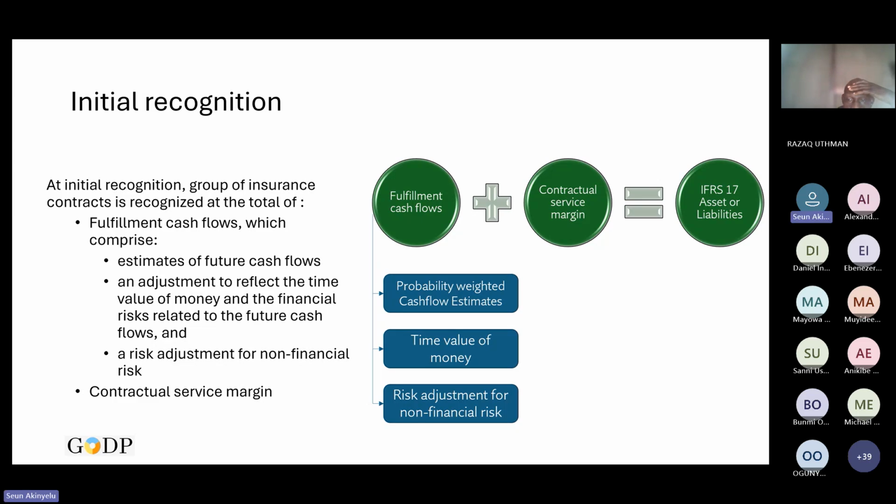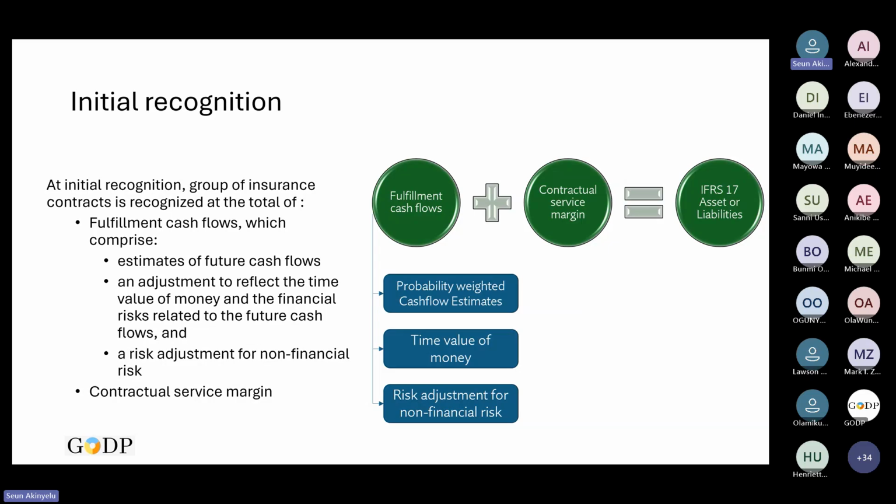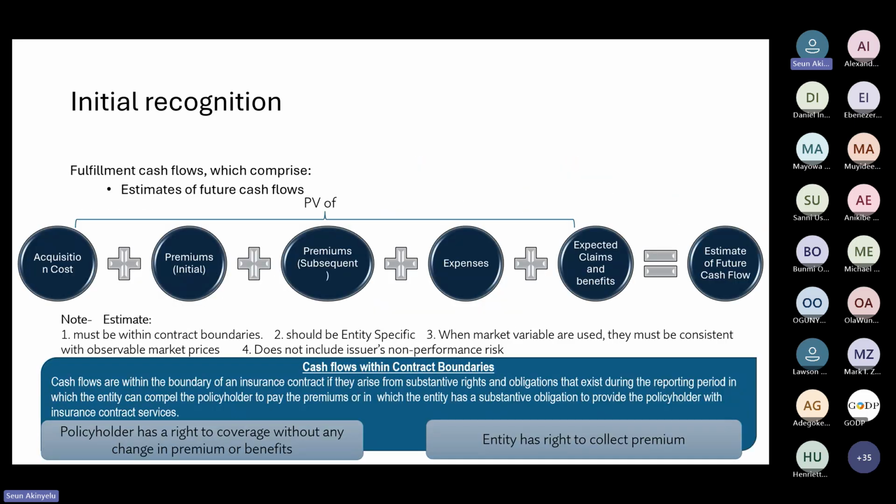Fulfillment cash flow plus contractual service margin. What is fulfillment cash flow? Fulfillment cash flow is the probability weighted PV of cash flows that you have factored in time value of money for and risk adjustment. Now, in this class, as much as I can, I'm going to teach you how to